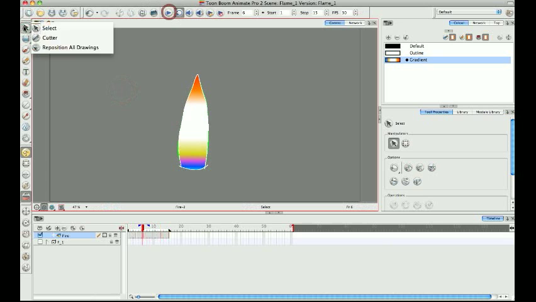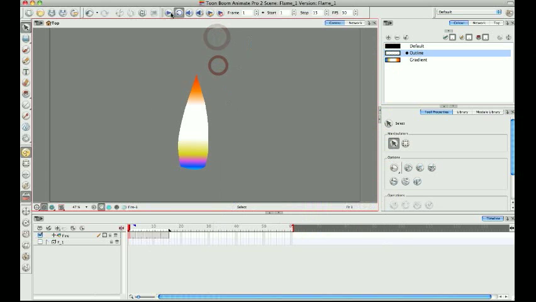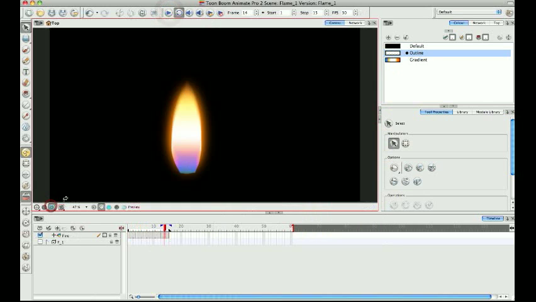The next step is we have our outline, or our line work, is a white color here. We'll just go ahead and turn that off. Just lower the alpha on it. So now all we're stuck with is our fill. And I say that looks pretty good. Go ahead and render that out, or hit your render view here,